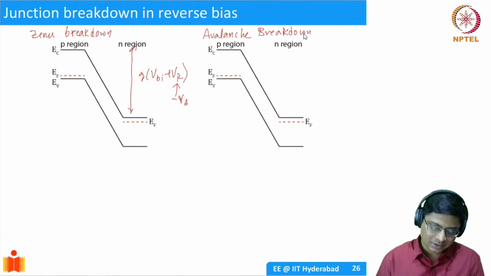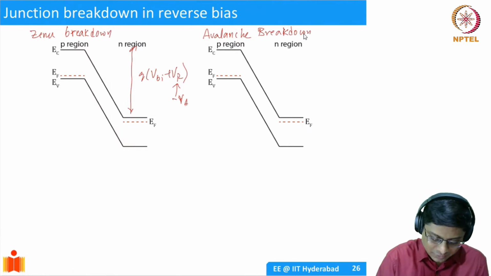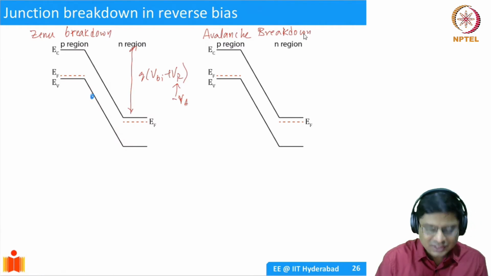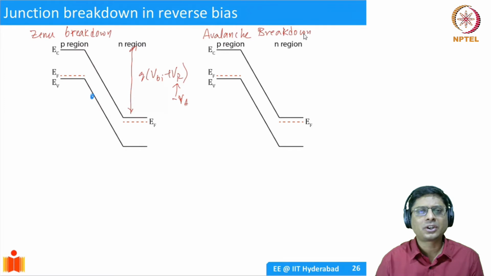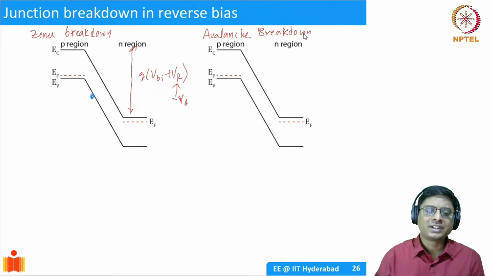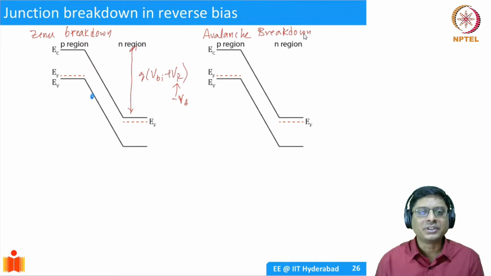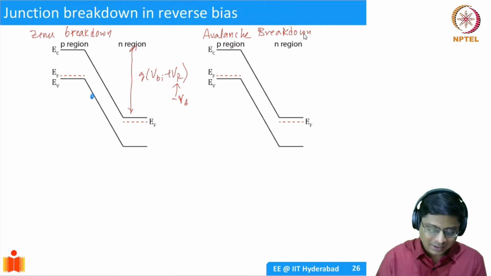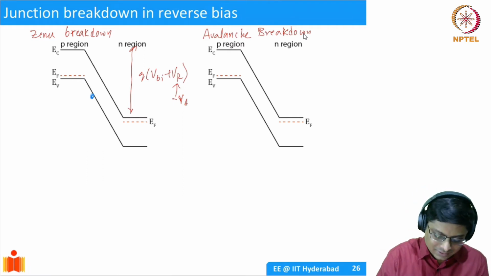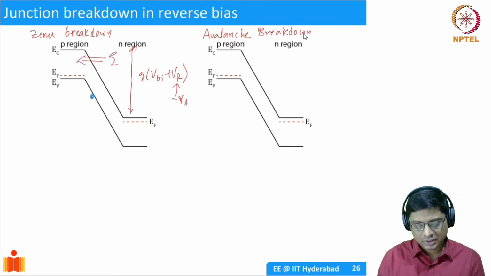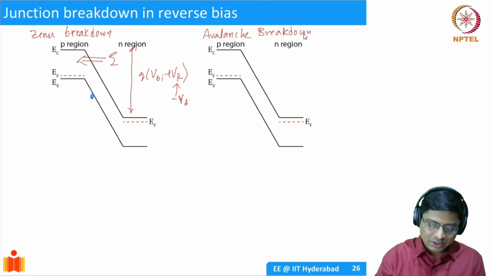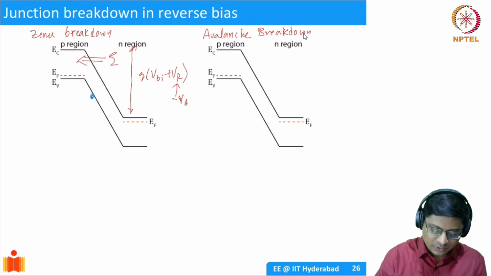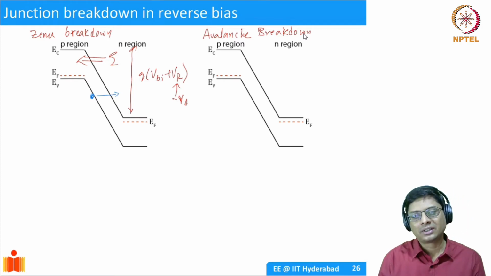It turns out that at a position, for example, here, you have a large constant. The valence band is full of electrons, right? The electrons are all bonded to the lattice. If an electron is absent, then we call that a hole. But in principle, you have a lot of electrons. And the electric field is directed in the negative x-axis, right? This is the direction of the electric field. So in principle, your electron can actually go from the valence band into the conduction band of n-type.